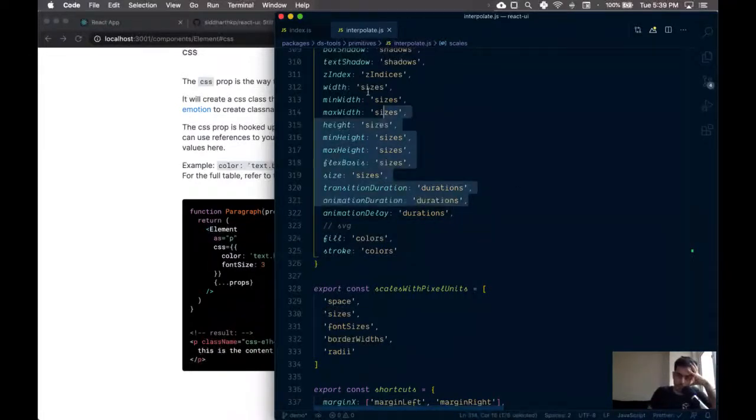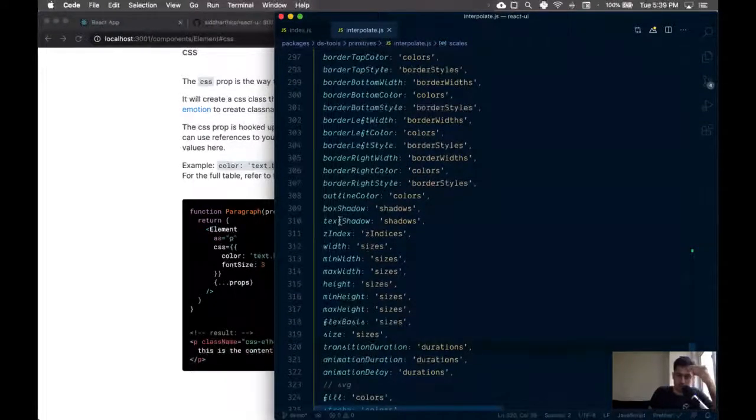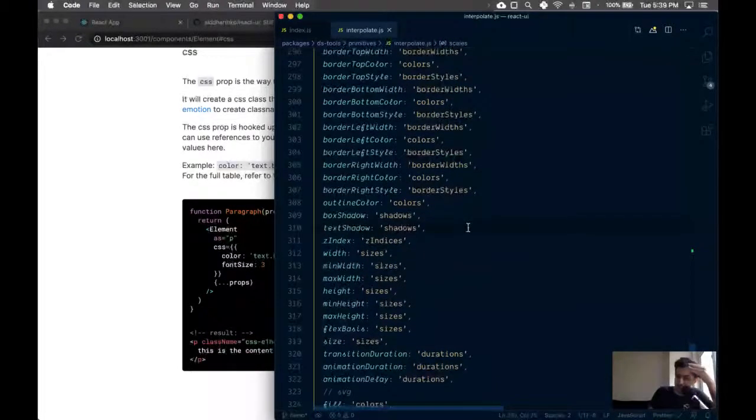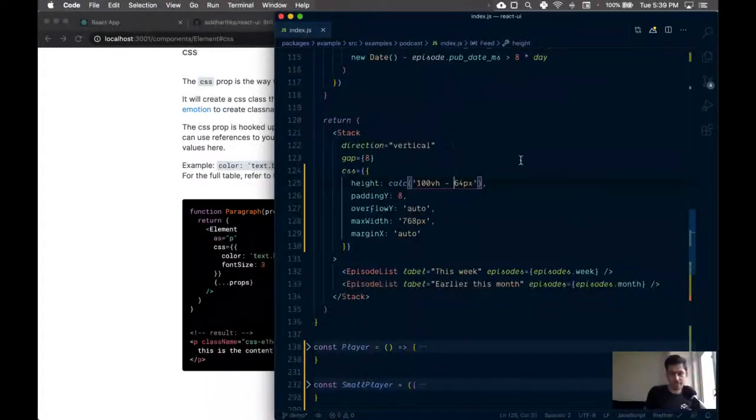So I'm going to copy this whole giant tree and paste it in the documentation, but they're kind of guessable, I want to say, right? So for example, shadow, text shadow comes from shadows. Color comes from colors, and everything that is related to size, so width, height, all of these come from sizes. Okay, it's not very obvious, but like